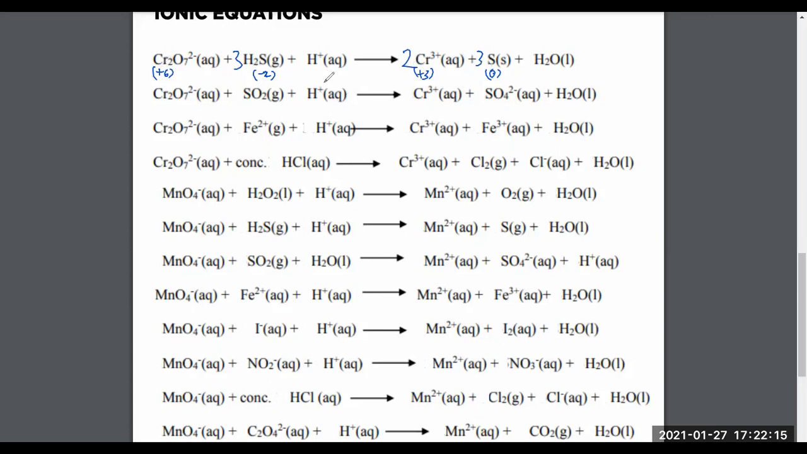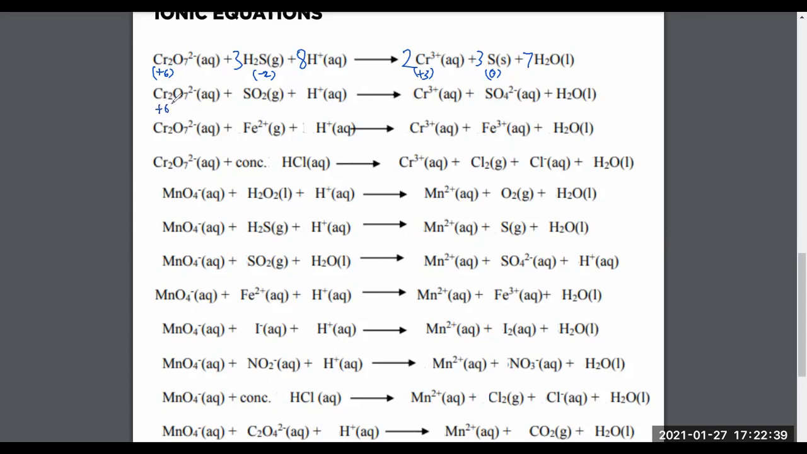Right, fine. Then next, I have to balance oxygen. That's the easiest method. I have 7 oxygen on the left-hand side. I have to put a 7 here. And then I have to balance hydrogen. I have 14 hydrogen on the right side. And here I have only 6, therefore I have to put 8H plus here. And that way the reaction will be balanced. Fine. And next one,